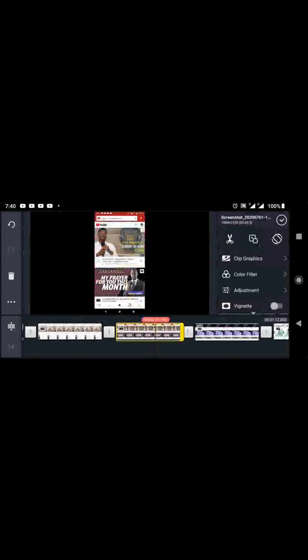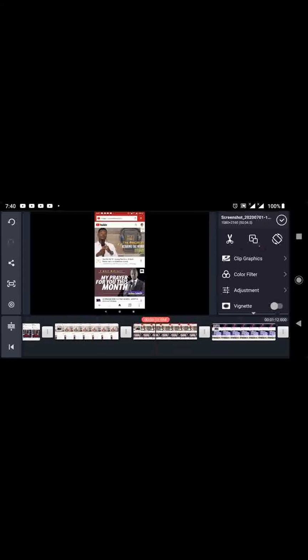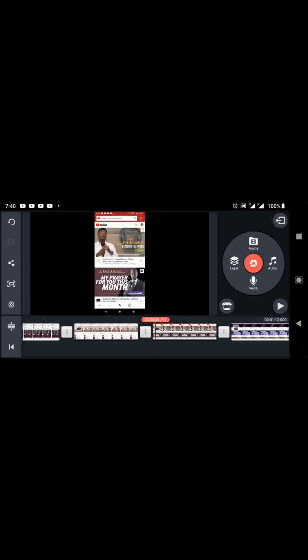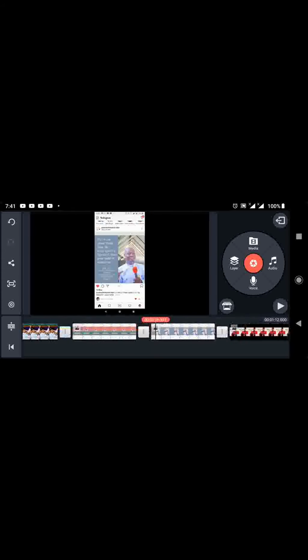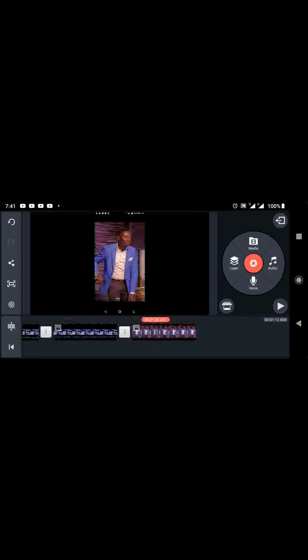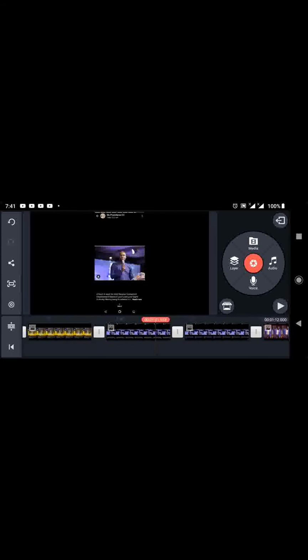Let me go back like that. You see, I'm on this picture here. You see the red line is there. So this is the beginning of the picture. If I want to add something to it, I'm going to add it right at this point where the red line is. The red line is just like my pointer, my navigation to move to any point within the timeline where I want to add either pictures, images, stickers,